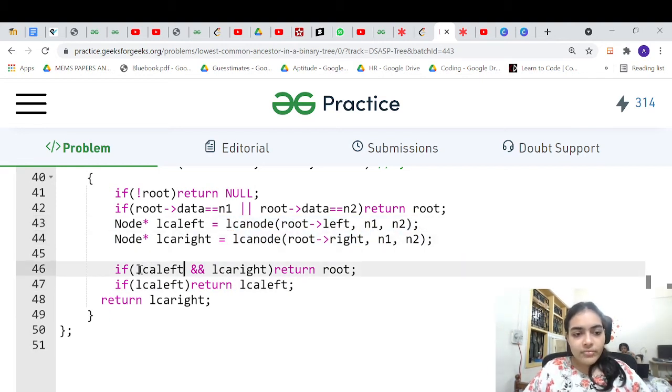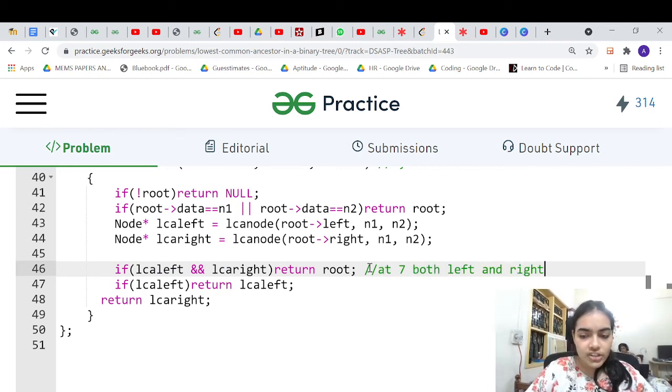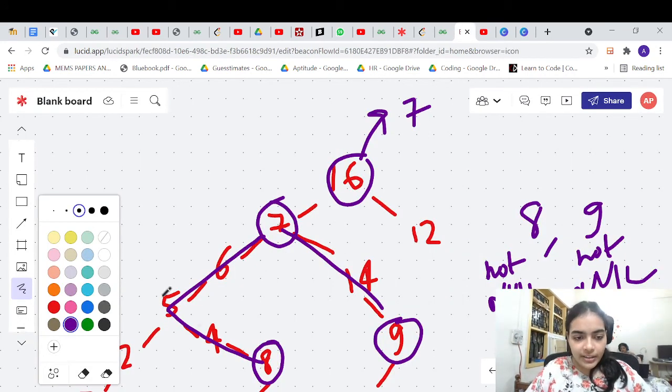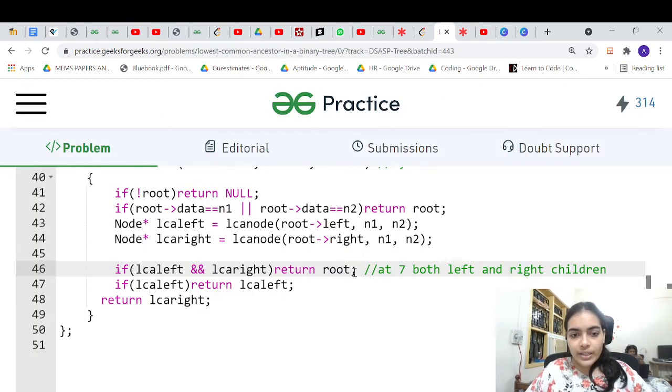Now if both of them are returning not null values, like in our example at 7, its left child was returning 8, its right child was returning 9, both not null, then you can return the particular root. So in this case we'll return 7.